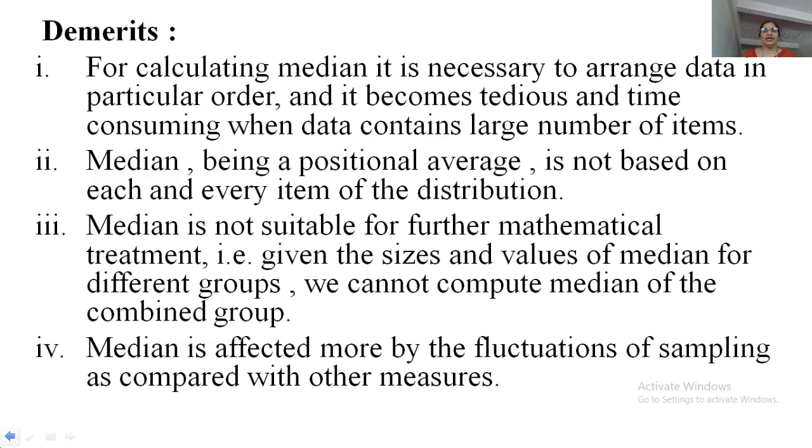Now in the next lecture, we will go for mode. Mode means fashion or most popular type. We will first discuss the definition of mode, then the formula for computation of mode for three types of data sets: for n individual observations x1, x2, ..., xn, in case of discrete frequency distribution, and in case of continuous frequency distribution. Then how you can determine the mode graphically, and then we will discuss merits and demerits of mode also. So today I will stop here, and the next lecture will be given the next day.